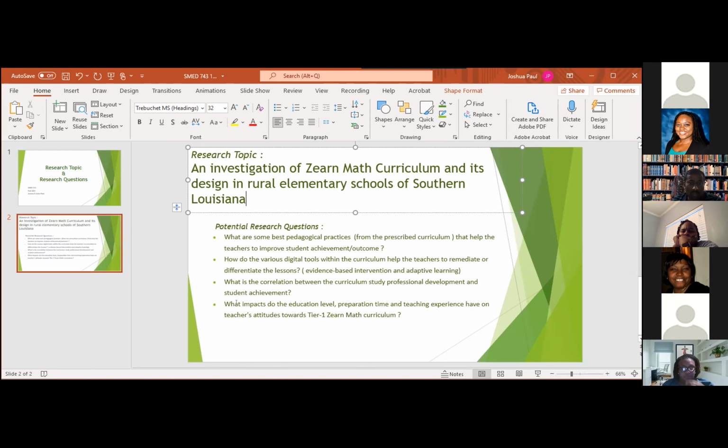So that's why I wanted to focus on the remediation part as well, how the teachers can remediate using the same digital tools within the curriculum so they can bring good results at the end. And third,